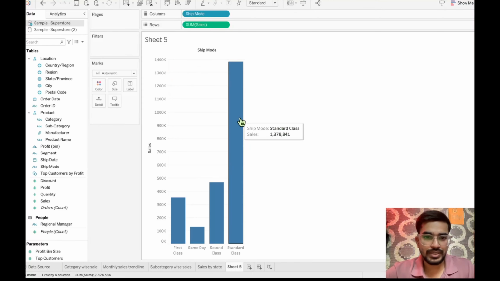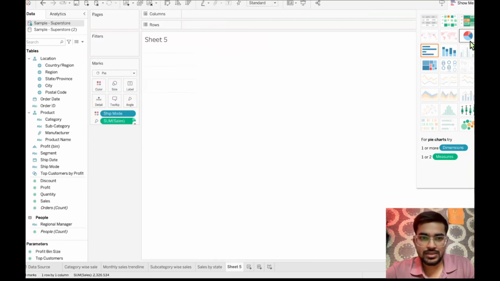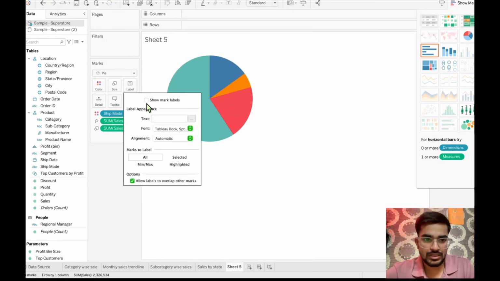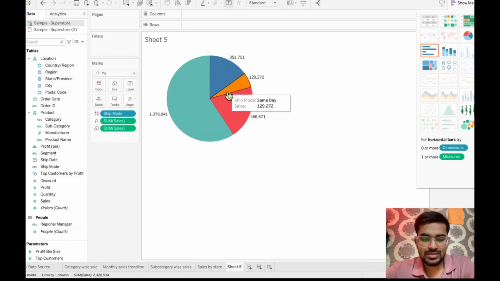Now we are not going to create a bar plot again, we have already seen that. So let us explore some other plots that we have. We have a pie chart, so if I just increase the size of that, this is how it looks, and we can go with the labels, the mark labels, so that it will show all the values that we have. So yeah, this is how pie charts look, but we can explore more charts here, like this one